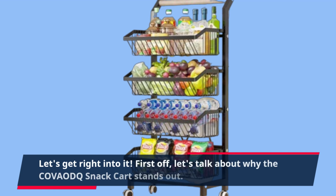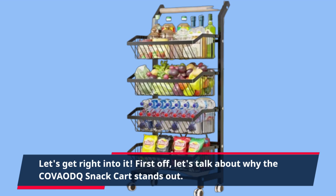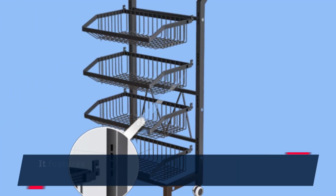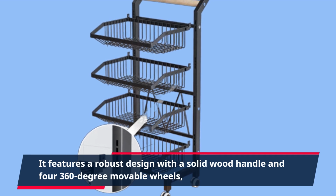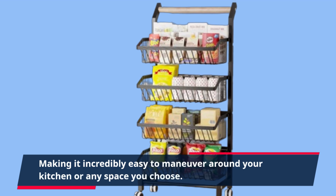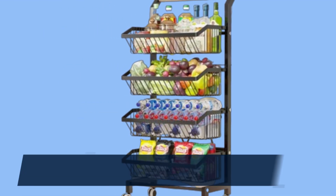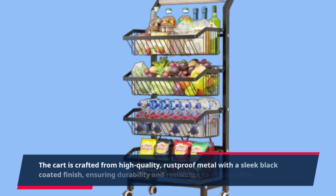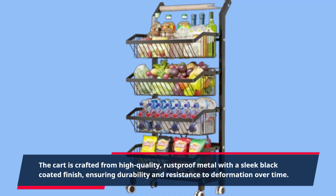First off, let's talk about why the COVAODQ snack cart stands out. It features a robust design with a solid wood handle and four 360-degree movable wheels, making it incredibly easy to maneuver around your kitchen or any space you choose. The cart is crafted from high-quality, rust-proof metal with a sleek black-coated finish, ensuring durability and resistance to deformation over